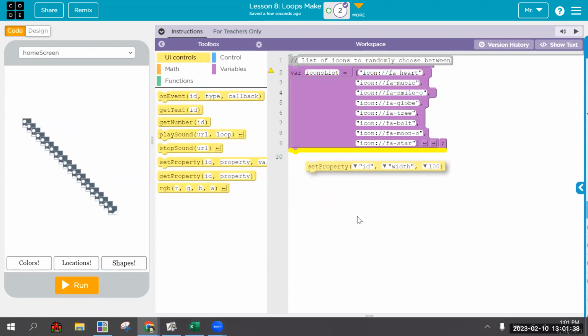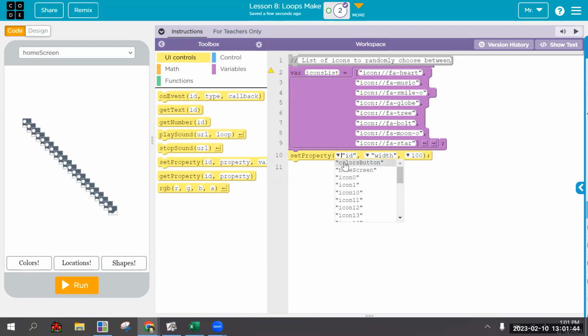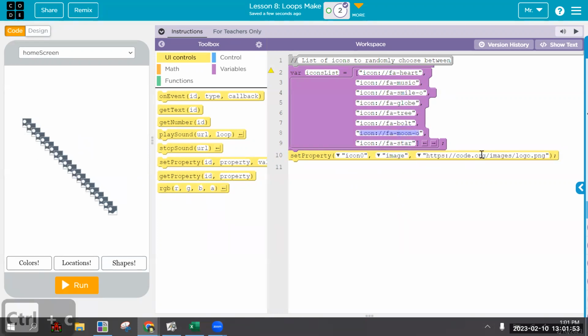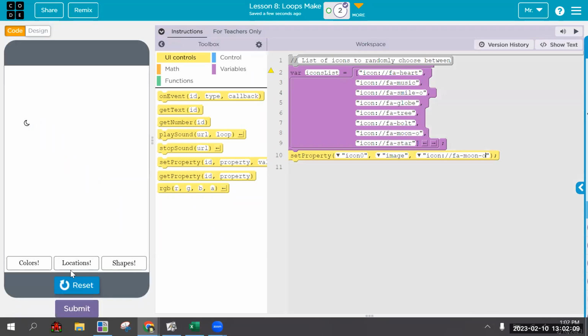And the basic idea is we are going to, in a more complicated way, set the property of each of these icons, set its image property to one of these strings, because the third parameter in the set property command is looking for a string that corresponds to something, either an image URL or something built in to